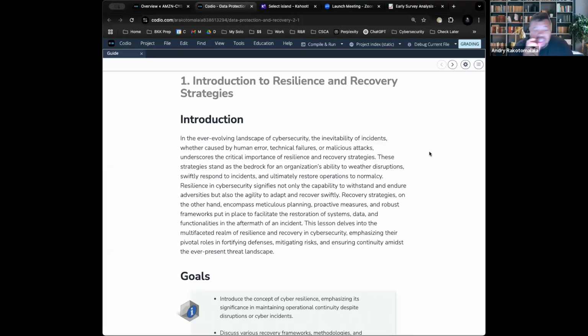Now, resilience has a close tie to recovery because recovery, in short, is just restoring your systems and your data. So, making any of your systems, programs, software that you use available again after an incident. If there's a power outage, you want to make sure that you recover it quickly so that the unavailability stays low. Now, when we talk about resilience and recovery, you can imagine that a lot of companies care a lot about this, right?